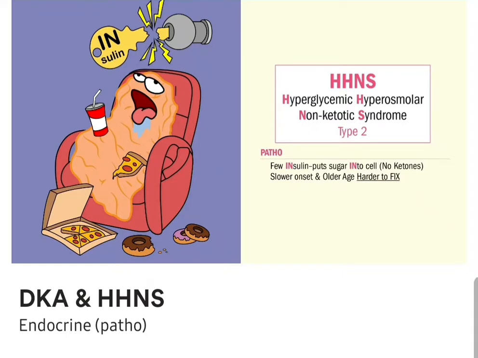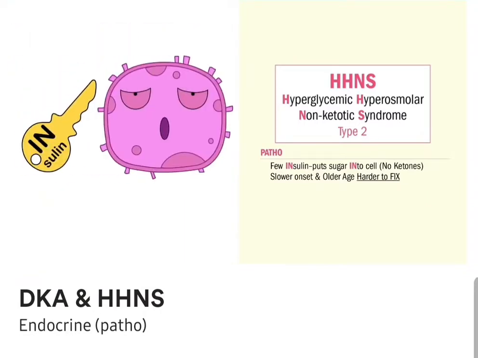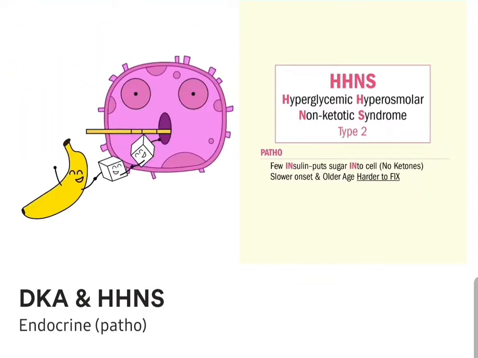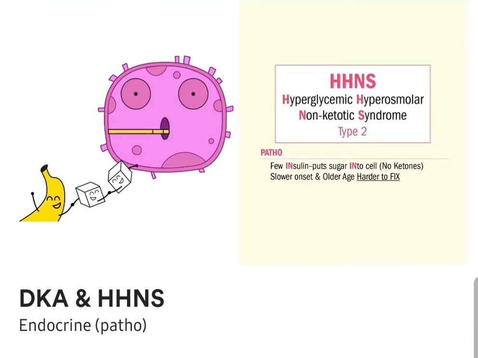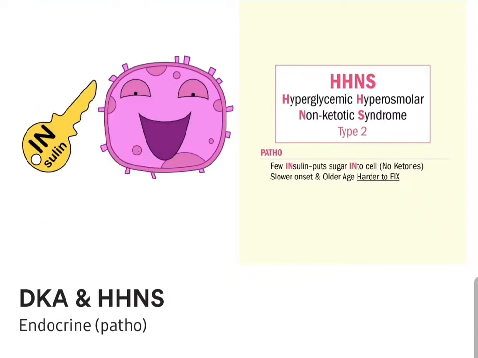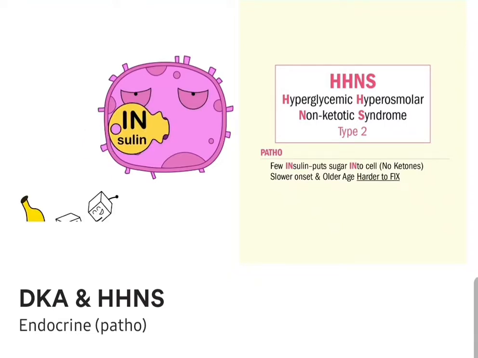So hyperglycemic, we have the higher sugar. Hyperosmolar, we have very thick dehydrated blood. Guys, huge dehydration here. And non-ketonic, we have no ketones, and S is for syndrome. Now, since the body has barely enough insulin to put sugar into the cell, well, the body burns sugar for fuel, so we don't get those ketone bodies. So guys, think type 2, you have a few insulins working, so no fat burn, no ketones, since the body's